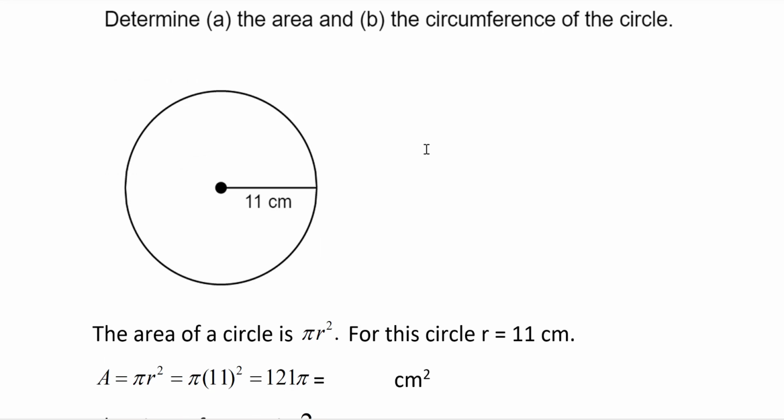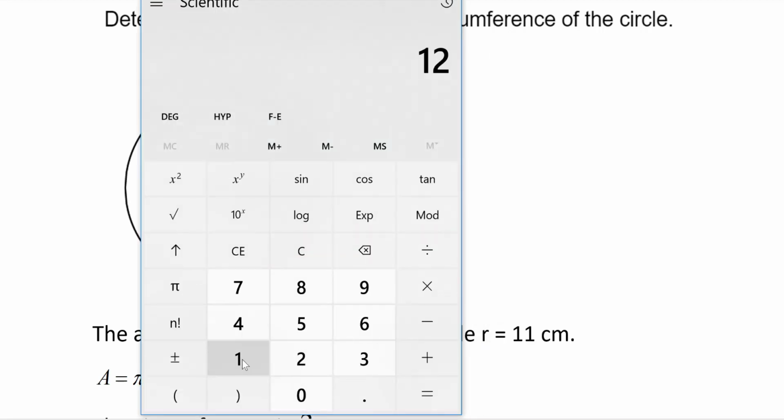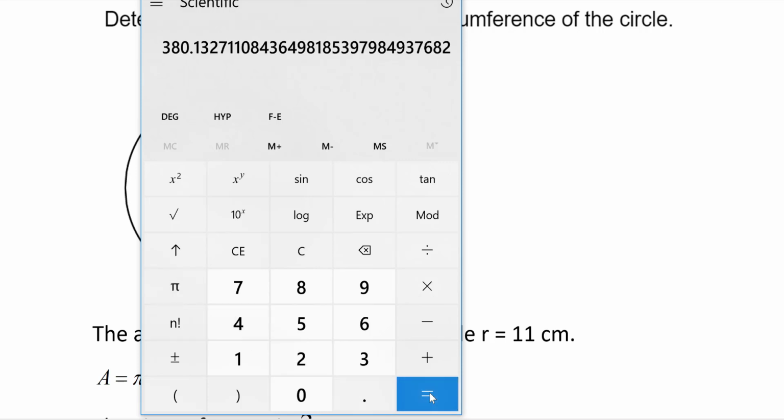Determine the area and circumference of the circle. The area of a circle is pi r squared. For this circle, r equals 11 centimeters. Area equals pi r squared. The radius is 11. 11 squared is 121. I'm going to multiply 121 times pi to get the area, 380.13